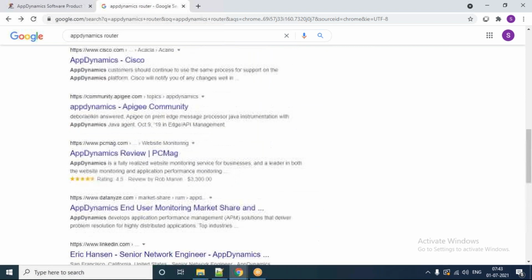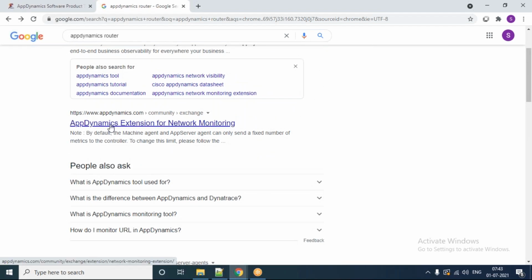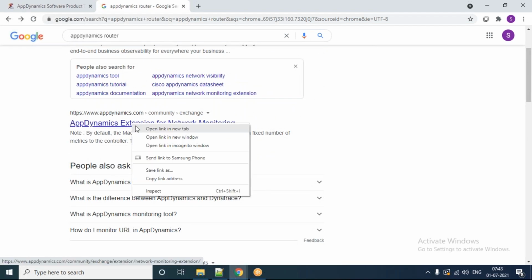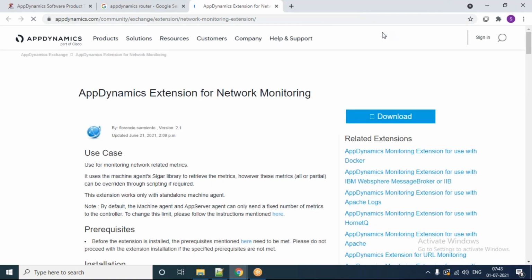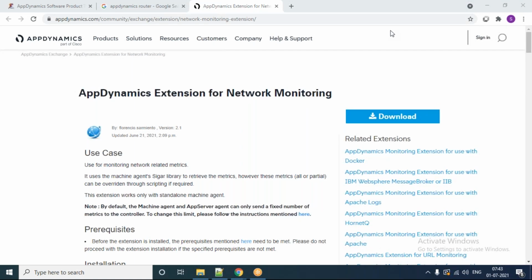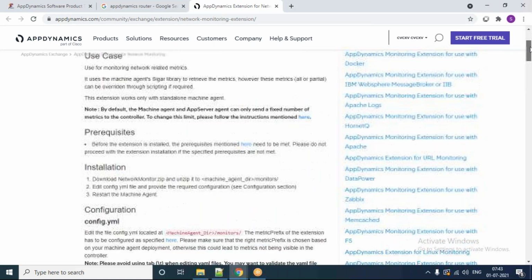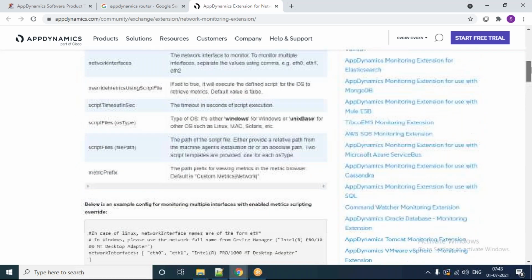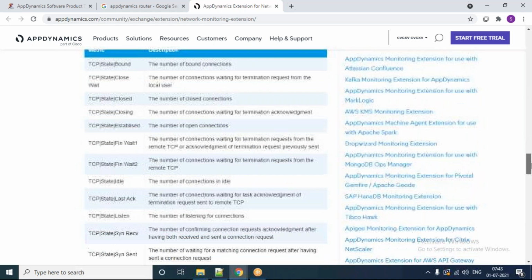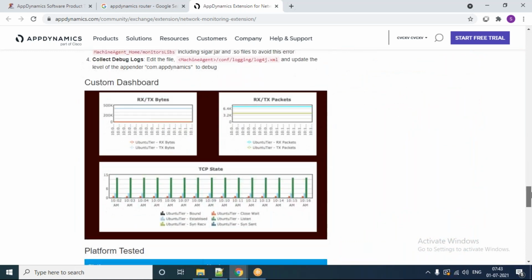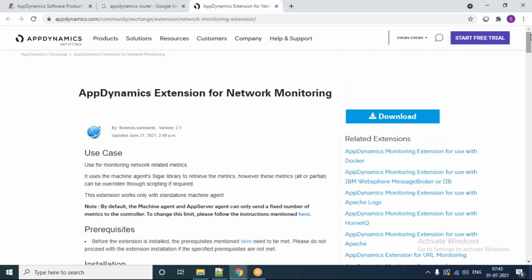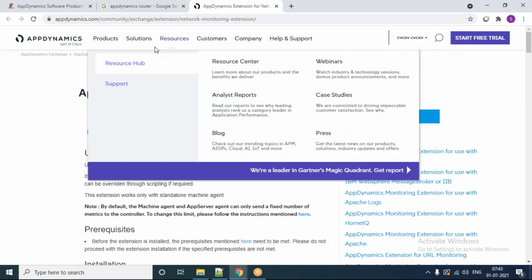Okay, maybe just a minute. Yeah, you can see AppDynamics extensions. This is the one. It is not agents. Agents are the out of the box things that are there. But AppDynamics is using this extension concept, so you need to download it and then do these kinds of additional configurations to get that understanding. Okay. Yeah. Got it.